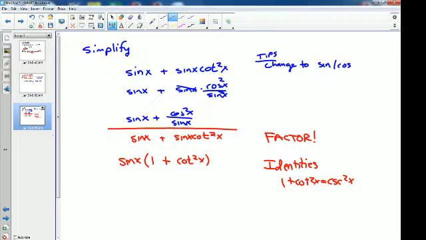Is there like a list of all the identities? Did you go over that? Probably did. We are going to slowly write them all in your notes, but I gave you a handout with all of them on it. We didn't get it. Okay. Paper? Okay, so I am going to substitute